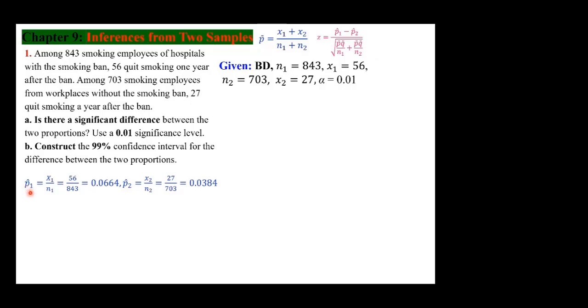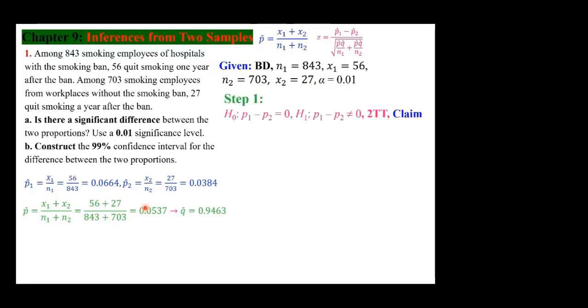Let's calculate the p1 hat, which is x sub 1 over n sub 1, just like p hat, which was x over n. The p2 hat would be x sub 2 over n sub 2. Let us calculate p bar, x sub 1 plus x sub 2 over n sub 1 plus n sub 2. We plug in again. Look at the given. All you have to do, plug in. Again, could be done by technology, but it's important to see how we arrive at it in case. So having said that,